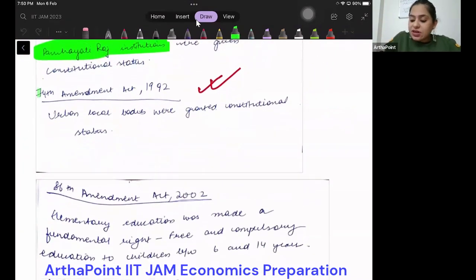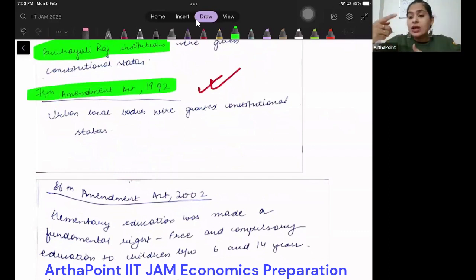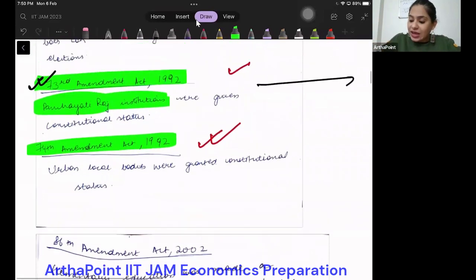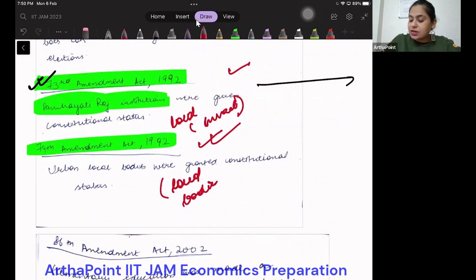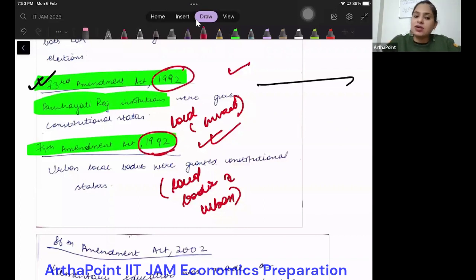And then we had the 74th Amendment Act in 1992. Again, if you see, चीजें बहुत एक साथ चलती हैं. तो एक बारी हमने लोकल बॉडीज की बात की in the rural area, and in the 74th we again talked about the decentralization of local bodies, but we talked that in the urban area. So we talked about urban local bodies, कैसे उनको भी इक्वल इंपॉर्टेंस देने की जरूरत है. Both of these came in the same year, 1992. One is the 73rd Amendment and one is the 74th Amendment. Then we